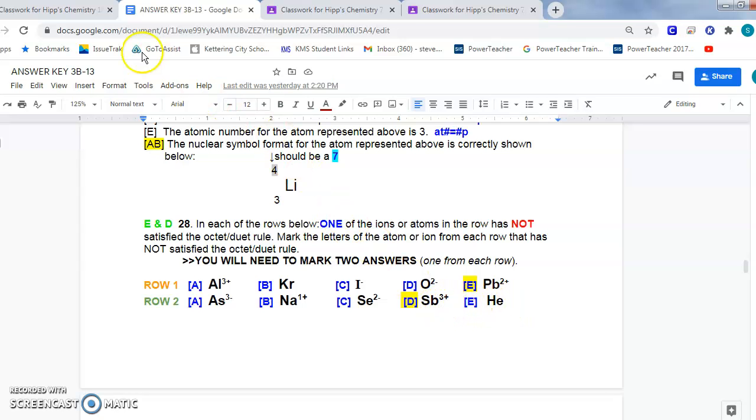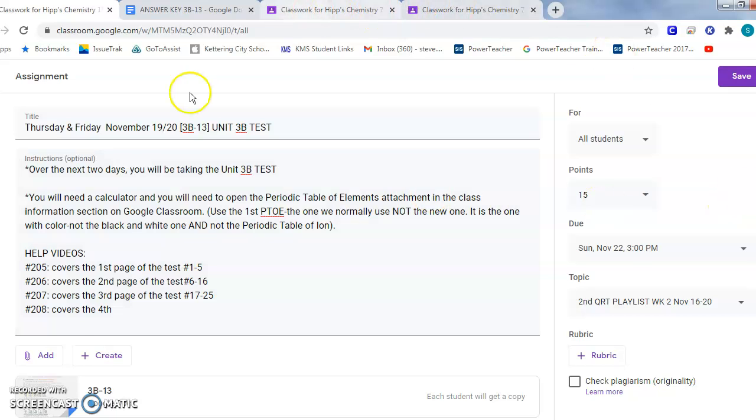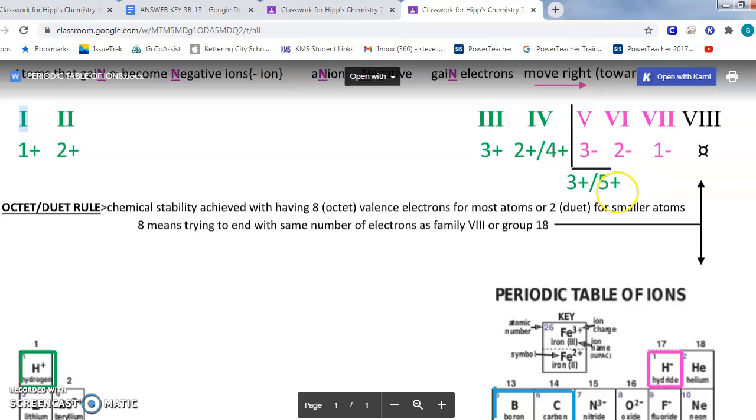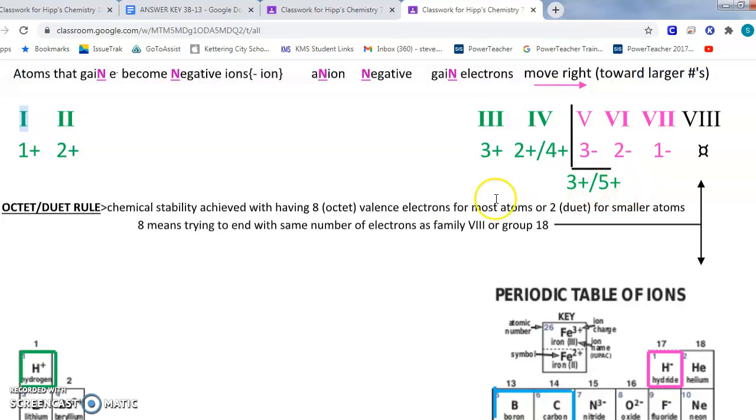But what about antimony? Antimony, if we look on this table right here, antimony's right here. If it's 3 plus, it's not going to get all the way back over. It needs to be 5 plus to